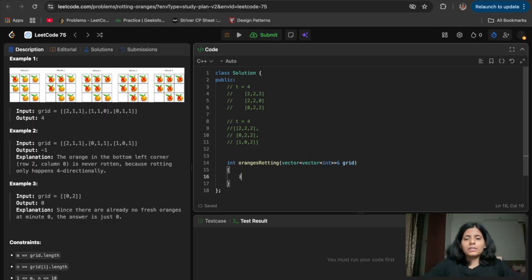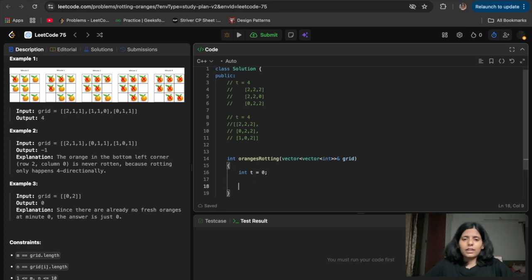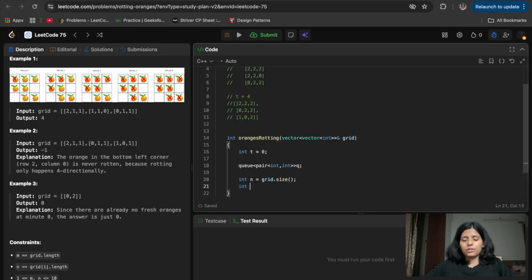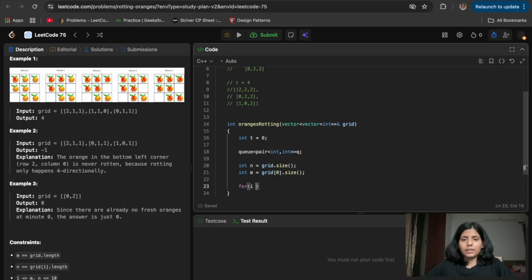First, we will declare an int time for the time, and I will say t is equal to 0. I will take a queue in which I will store the cell coordinates as pairs. I will take the grid size, n as grid dot size, and the number of columns m as grid 0 dot size, and we'll traverse the grid.